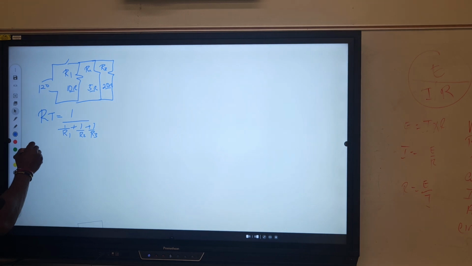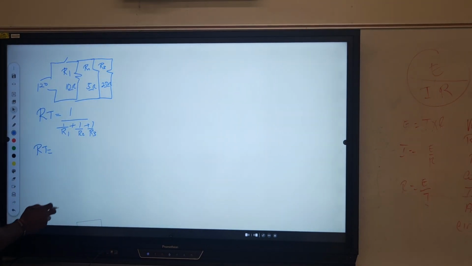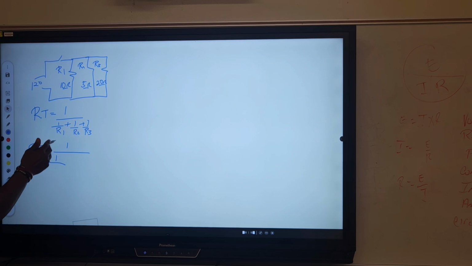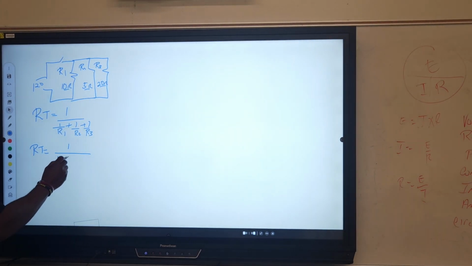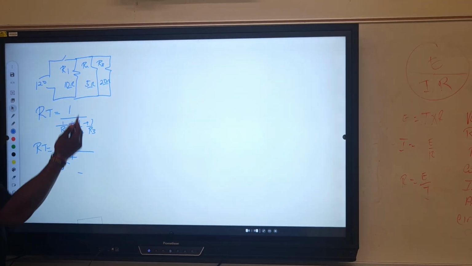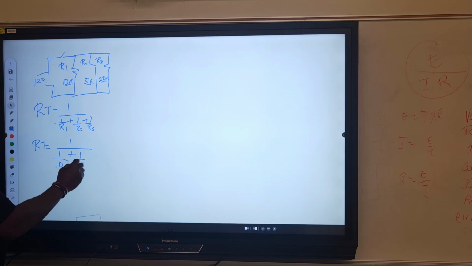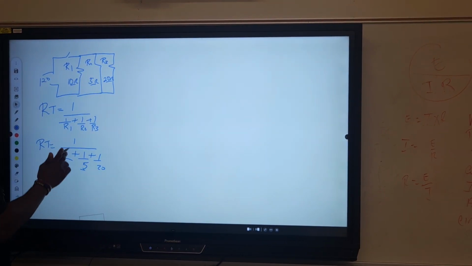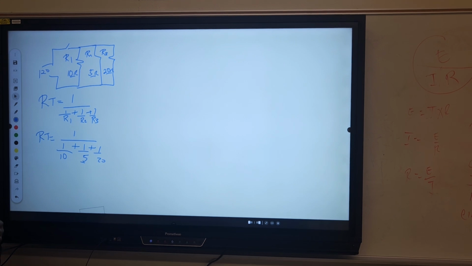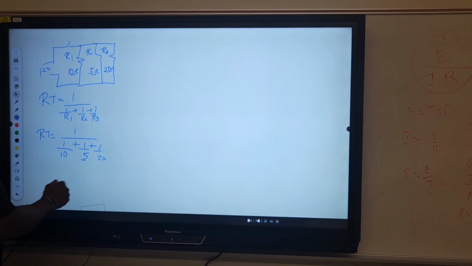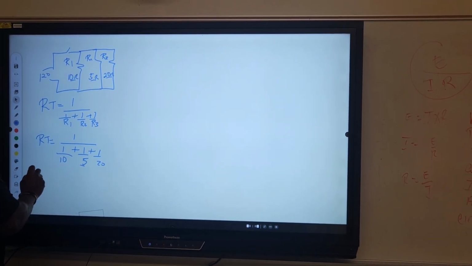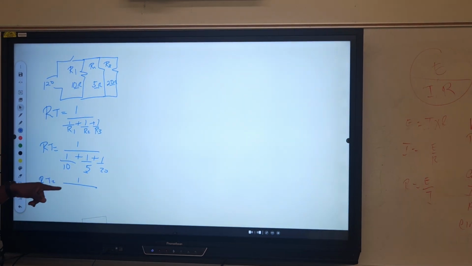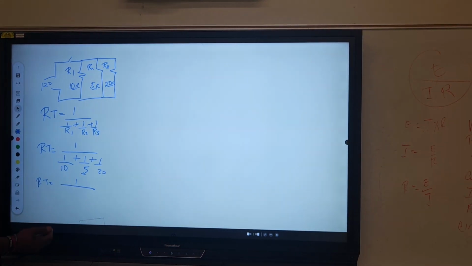So RT is equal to 1 over, what's the value of R1? 10. What's the value of R2? 5. And what's the value of R3? 20. So now that we do that, we have to put them in decimal. Now this is where I need your calculator support. So RT is equal to 1 over, do not forget the 1. 1 divided by 10 is 0.1